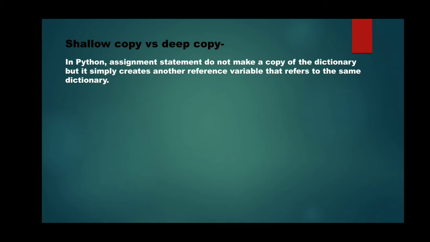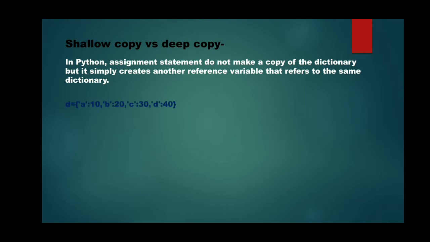First of all, when in Python we use the assignment operator, that means the equal to operator, and we assign one dictionary object to another dictionary object, it does not create a copy of the dictionary object. It simply creates another variable referring to the same dictionary.